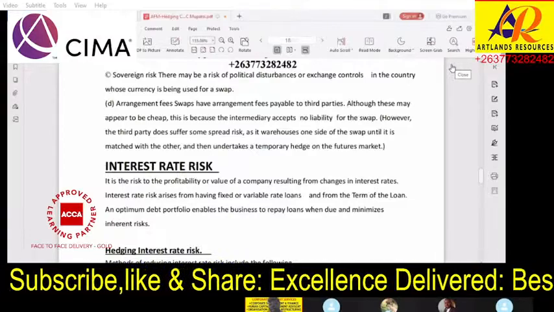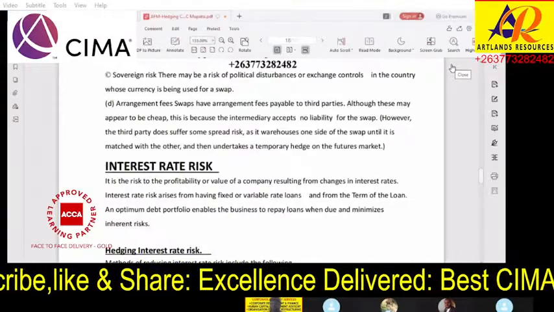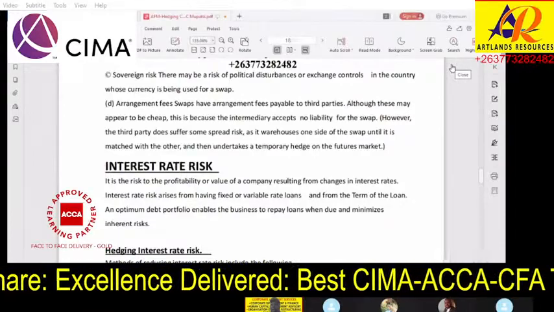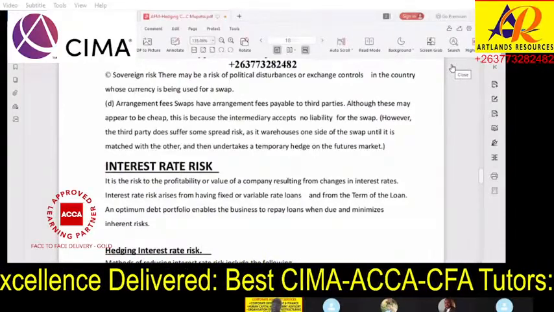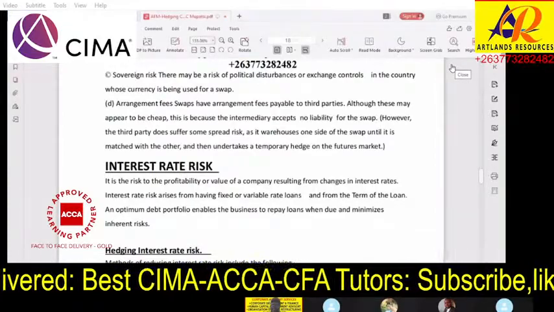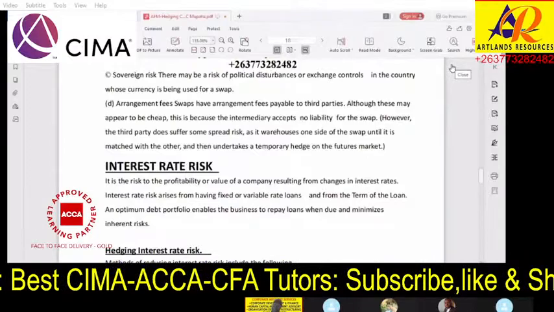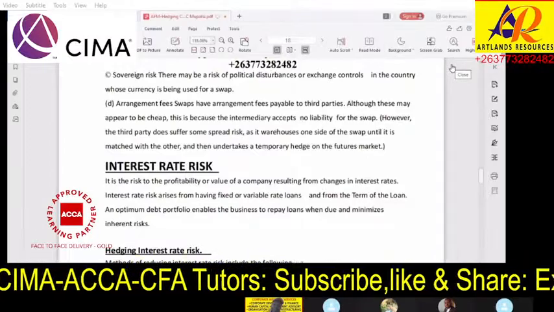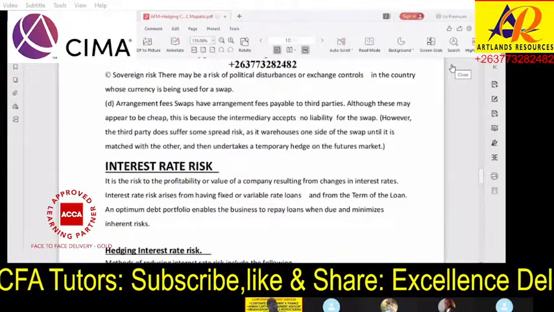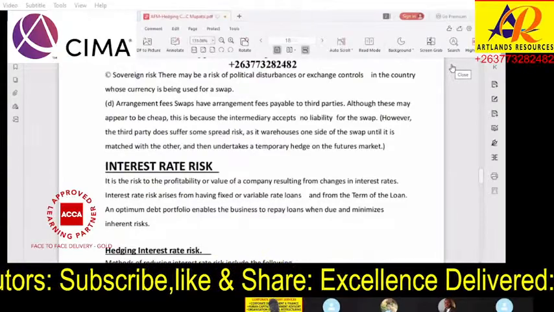Interest rate can be fixed or interest rate can be variable. And if this is coupled with the term of the loan, the risk is exacerbated. So if you have a fixed interest rate loan, you benefit if interest rates are increasing. But if interest rates are falling, you still pay the fixed rate. So in mitigation, some have